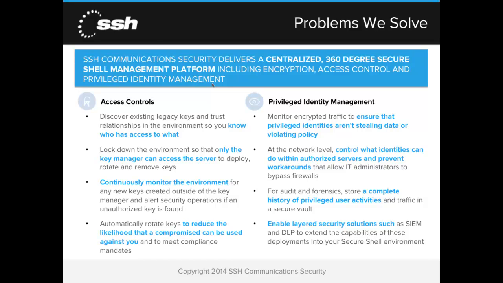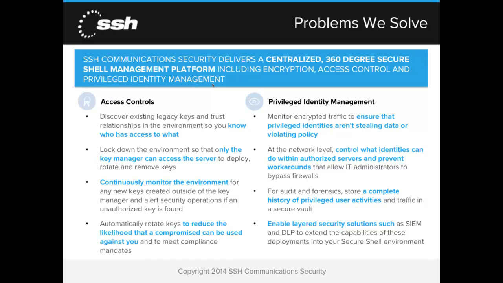So problems we saw, a little bit deeper dive into this, especially beginning in 2011, we saw that the market for secure shell access controls and encrypted channel management was just emerging. It's a major compliance and security issue then, and it is even more so now. You know us as the company that invented the protocol, as I said. Beginning in 2011, we went out and began developing an access control solution called Universal SSH Key Manager. That's got different components. We aren't covering that in detail today, but I thought I would mention it in this webinar since it's an important component of a holistic security approach to secure shell and encrypted channel management.